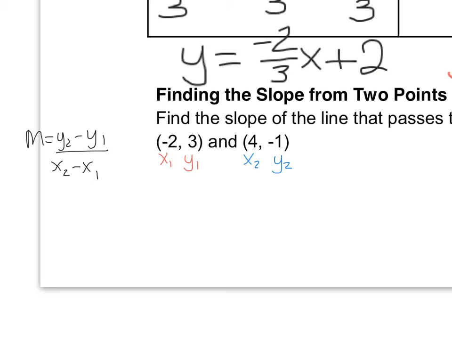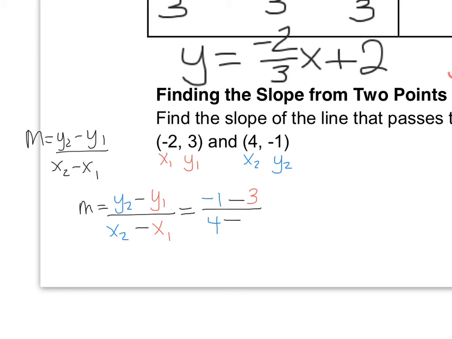So if I do this, I'm going to do m equals y2 minus y1 divided by x2 minus x1. So now we're just going to start plugging stuff in. So I get this is equal to y2, that was negative 1, minus y1, that was 3, divided by x2, which is 4, minus x1,